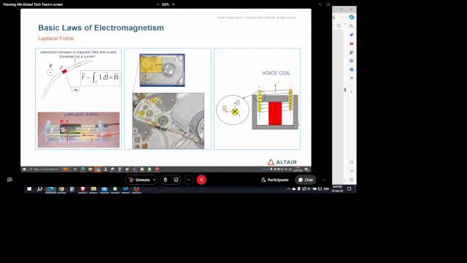Here we have the magnet, and the gray one is a magnetic circuit, and then you have the moving coil fixed with the membrane so that it will move. And when I supply this coil, you can see that B is in this direction in the red line, which is the magnetic flux. And then the current is from you to the screen,